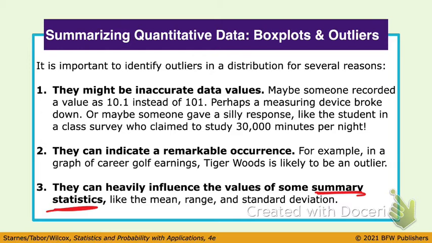They are not resistant. The mean, the range, and the standard deviation are all not resistant. So these outlying values, these outliers, can heavily influence my mean, my range, and my standard deviation. So identifying them and knowing that they're there is going to be very important when I am talking about these values. Okay? All right, so we can use dot plots, stem plots, histograms, all those fun things to look at